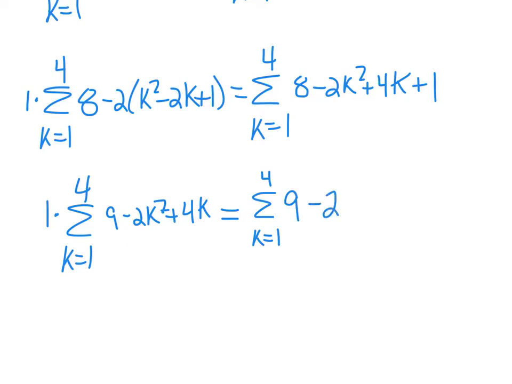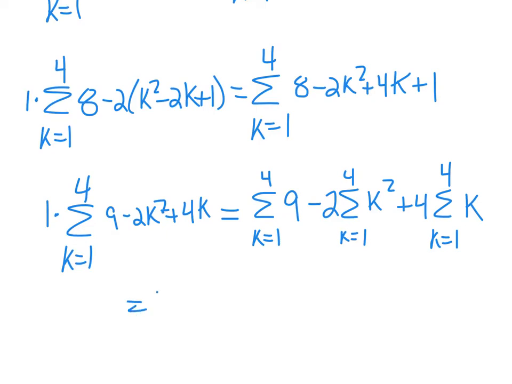And I'm going to take the 2 out front here. These are all the rules that we talked about before. And I'm going to take the 4 out front here. All right, so then what these summation formulas tell us is that the first one is going to be 36 because we take the 9 times the 4. Then we're going to subtract 2 times, right now this is that squared one. So then it's 4 times 5